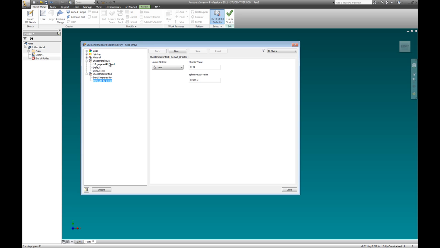Then we need to go down here to the unfold rule and click on that, and there's our sheet metal rule. We're up there, so now we're going to go New, and we're going to go V bend, 16 gauge, mild steel, and OK. We're going to double click on that to make sure that's the one we're changing. And our K factor needs to be,